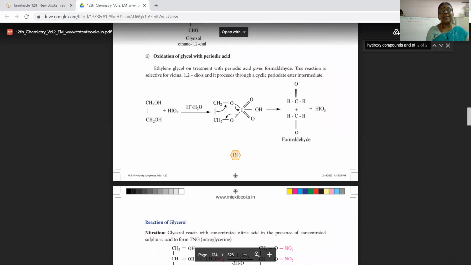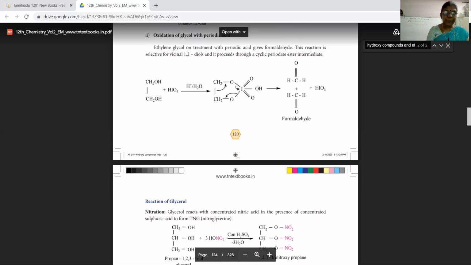This reaction is selective for vicinal 1,2-diols, and it proceeds through a cyclic periodate ester intermediate. That is, if this glycol is treated with HIO4, that is periodic acid, first you will get a cyclic ester, which further gives 2 molecules of HCHO,